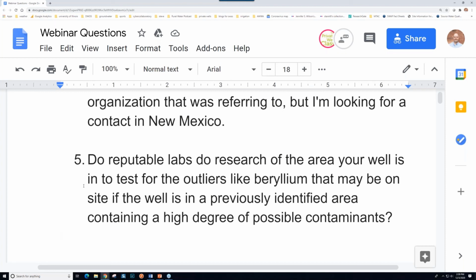But most private labs probably aren't doing those things. And I'd have to ask someone from that association. It's not APHL, that's the Public Labs Association. There's another one for private labs that we don't work with very often, but we'd have to know if that's going on, because it's expensive stuff to do research. And most of the time, if they are, they're probably getting grants to do that. So good question.